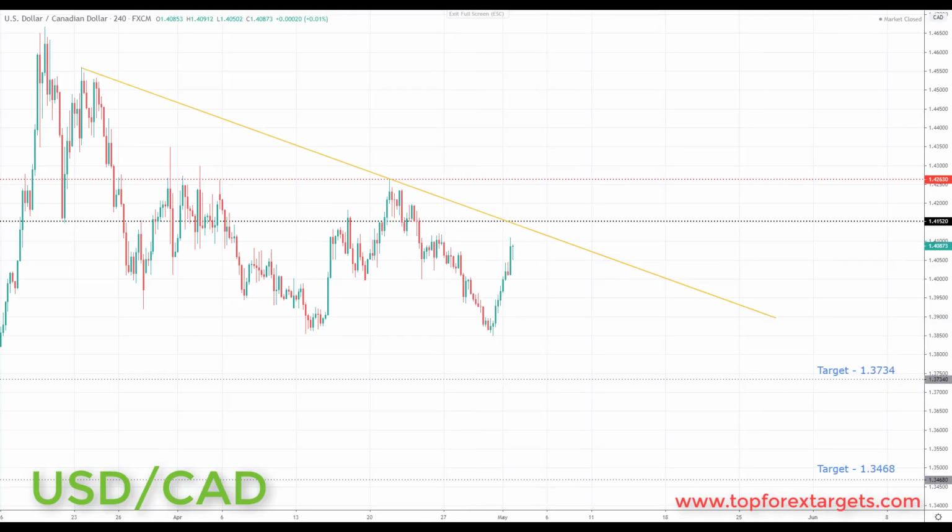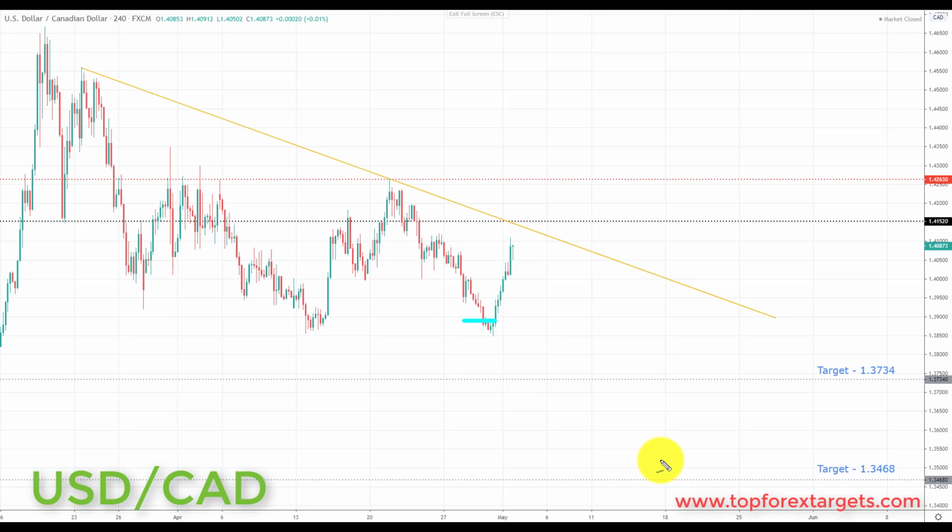So the next market we're going to look at is US dollar CAD. Now last week we were looking for further declines to the downside, and we highlighted a target of the 1.3926, which was right here. And you can see we did have a very nice sell-off, taking out this target before bouncing to the upside last week. Very simply put, going into this week, we are still looking for further declines to the downside in this market.